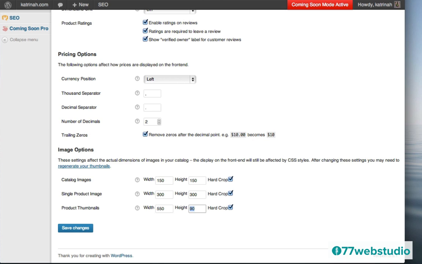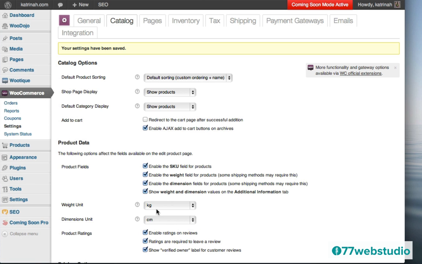So you can try different sizes here if you want to try other width sizes and height sizes. I've already tested this and 550 seems to work pretty good. So I'm going to add 550 to the width and the height, and then I'm going to click on Save Changes to save the new image option sizes. Okay, so our settings have been saved.